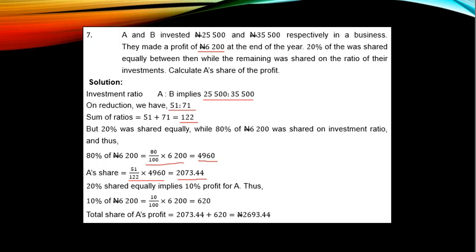The remaining 20% was shared equally. That means A has 10% and B has 10%. Alright, 20% shared equally implies 10% profit for A. So we have to get 10% of the total money as well. 10% of 6,200, and it is 620. So the total share of A's profit is the profit from the 80% plus the 10% of the same amount. When you add together, you have